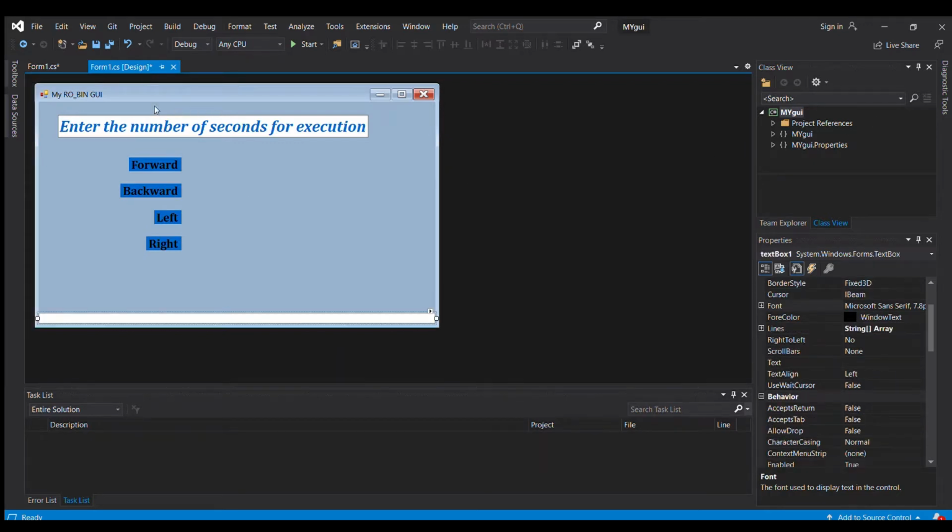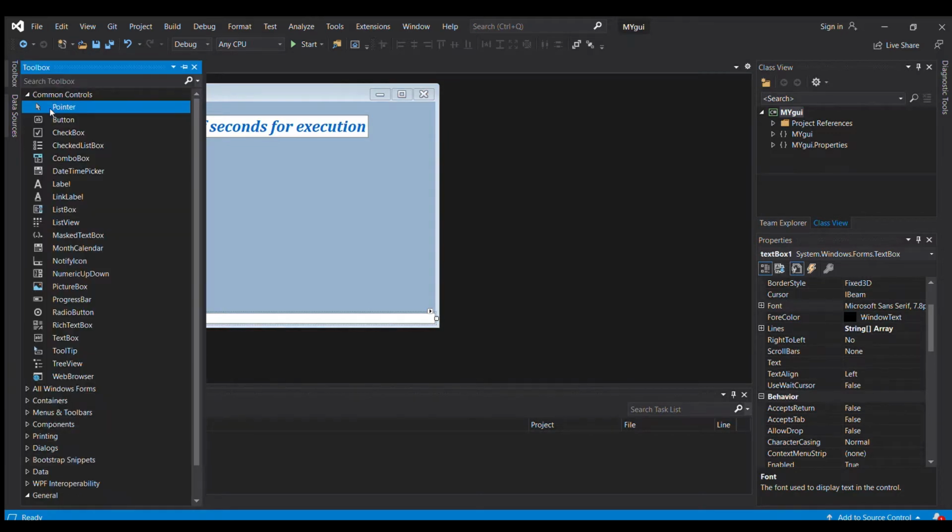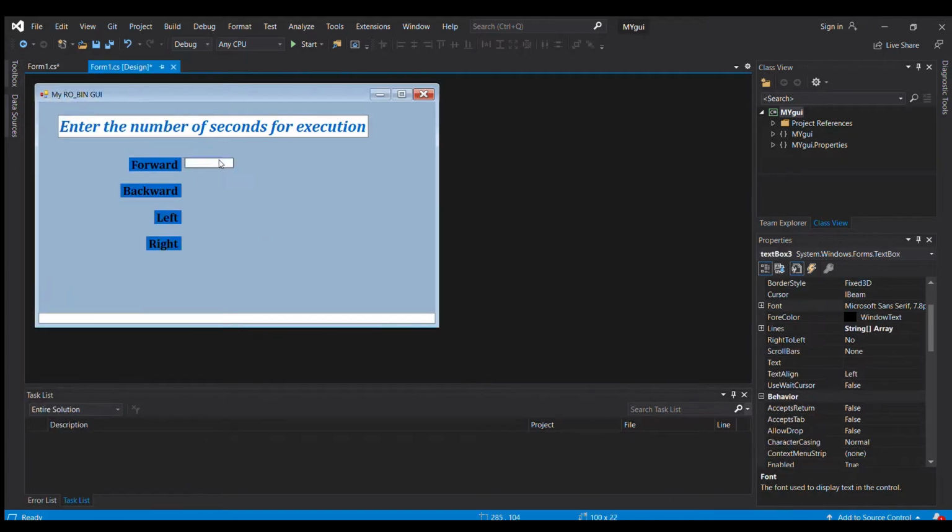Now for receiving values, I will basically add a text box. So this is a text box, and